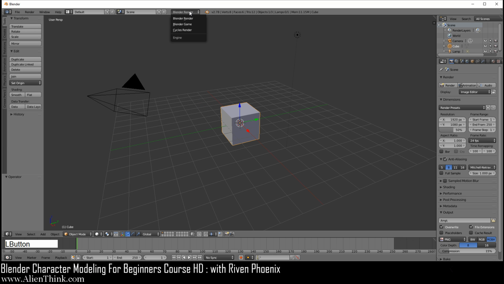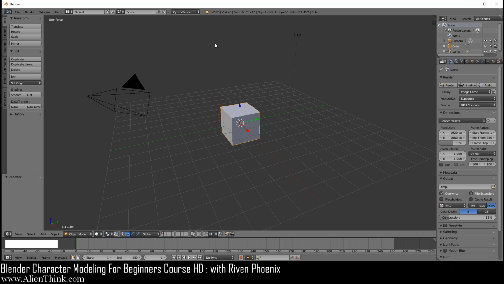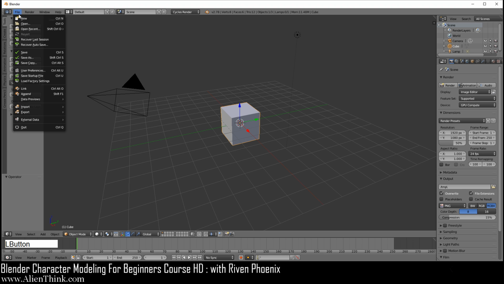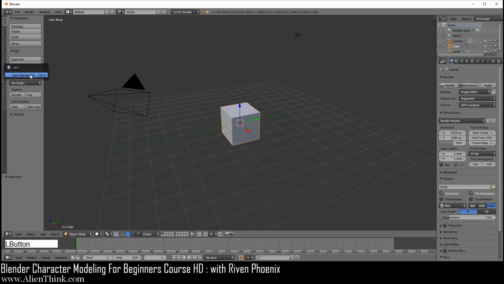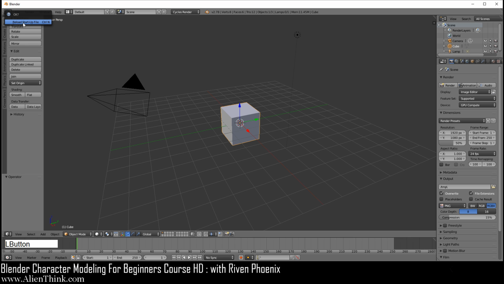So we're going to switch to Blender's new render engine, which is the Cycles render. And over here, you'll see that on this tab, it'll say device. I'm just going to do GPU compute. And everything's set up. So I'm just going to go under File and do Save Startup File and save it. So what this means is that when I go under File and then New, it's just always going to load up the same file, everything ready to go.